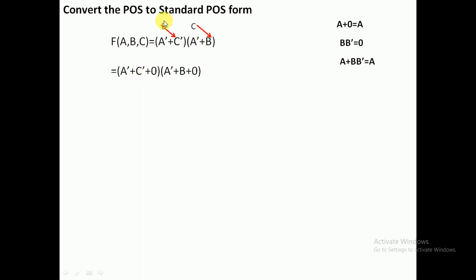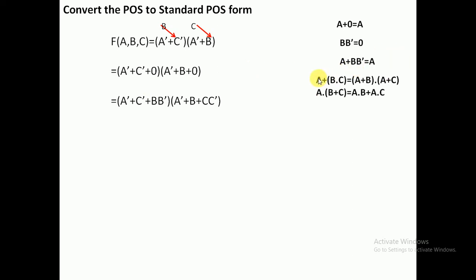So for this, we need to add the signal to the given term. Now according to the formula, A plus 0, here I am adding 0, will not affect your function value. Just add it here, you will get the same value, right? And after that, in place of 0 we can replace it with B into B dash. There is already one formula from Boolean algebra, B into B dash will become 0. So in place of 0 you can replace the missing variable from each term. Just replace it. After that apply the distributive law, plus over dot and dot over plus. So in that way we need to apply the distributive law. Okay, so let us apply.